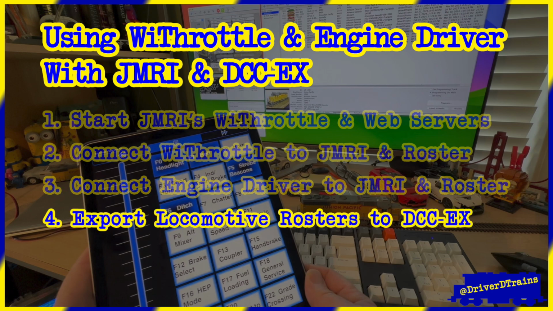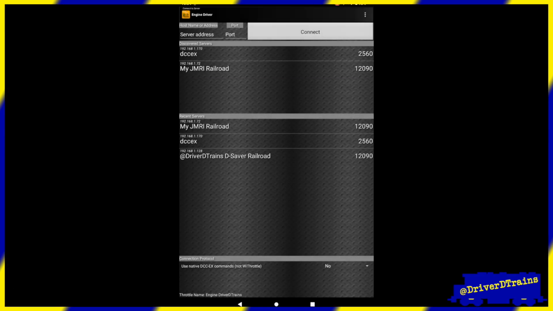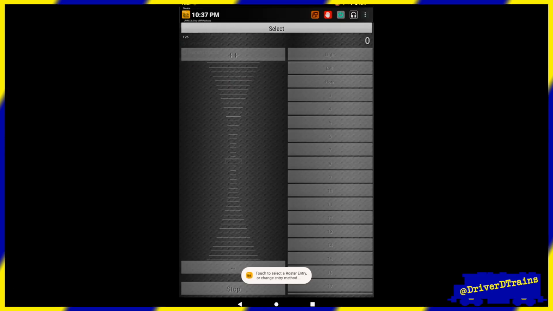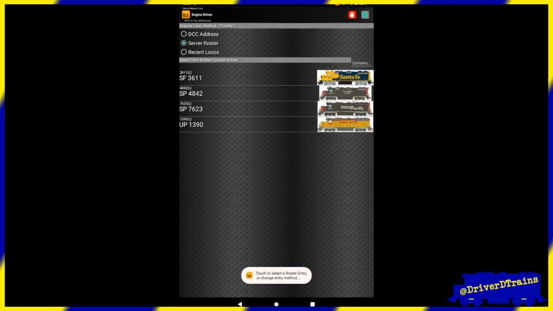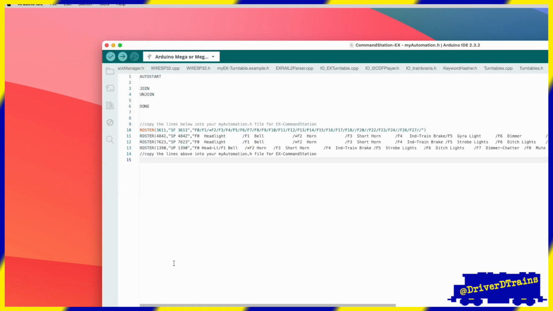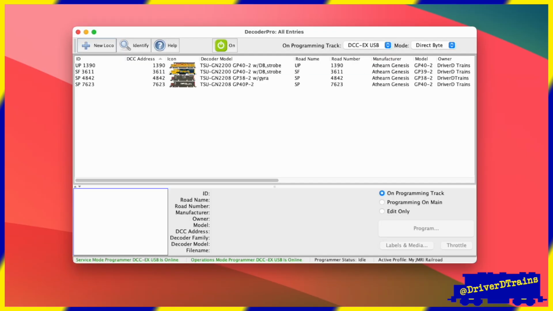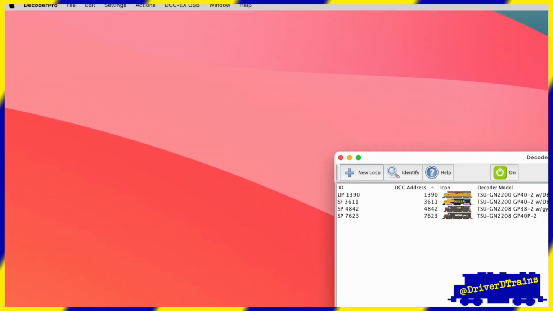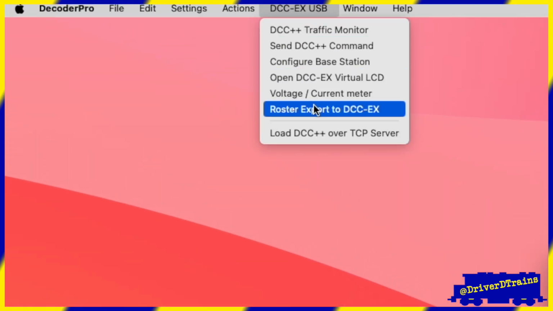Step 4. Export locomotive rosters to DCC-EX. Now that we've seen how to use the WiThrottle and Engine Driver apps to access our locomotive rosters from JMRI, let's see how we can copy those rosters to DCC-EX. We'll make sure that the DecoderPro locomotive roster window is active in JMRI and select Roster Export to DCC-EX from